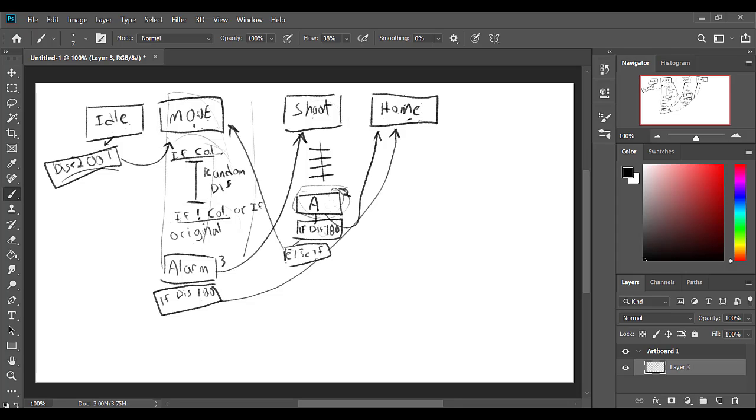They're not bothering my little area, my little home, so I'm going to go back home. Otherwise, alarm is 0, and we're still close to the player. We're going to go back to random movement. If you want this to be more of an aggressive,